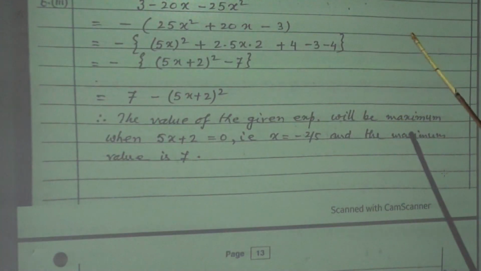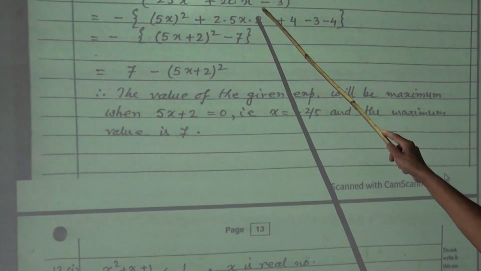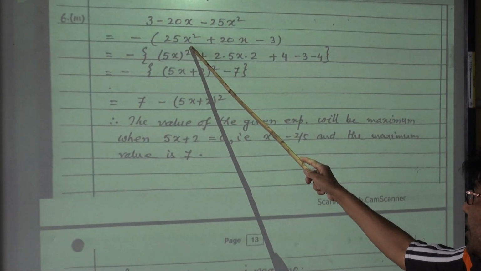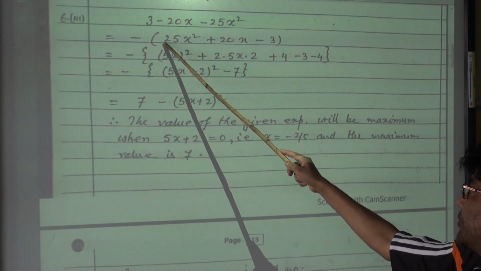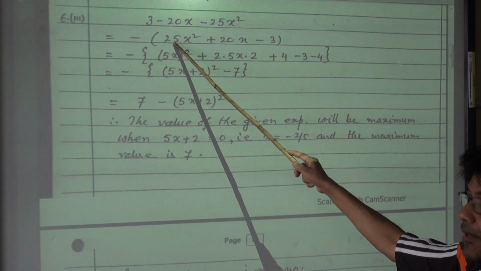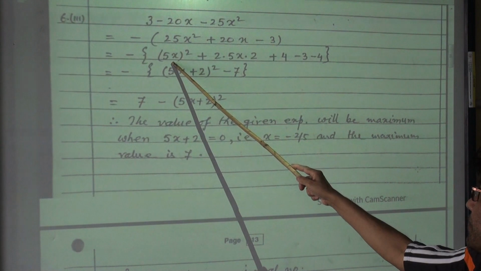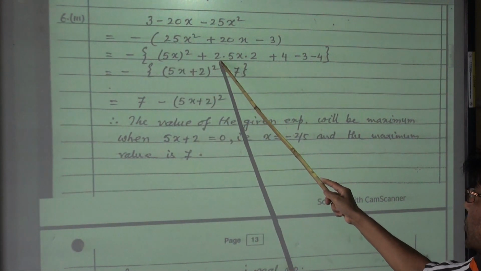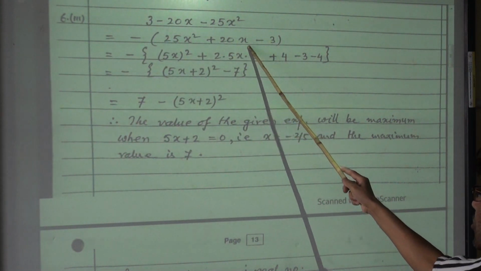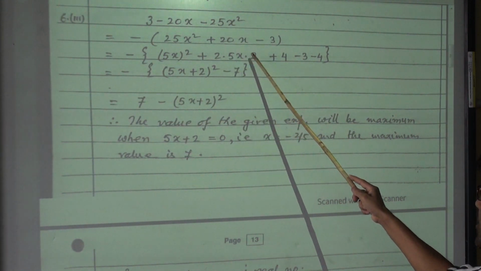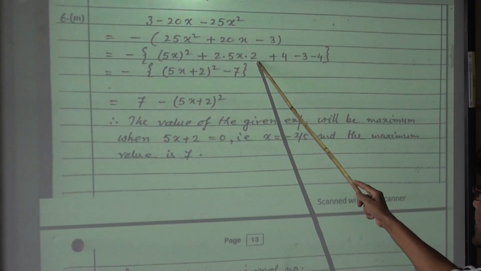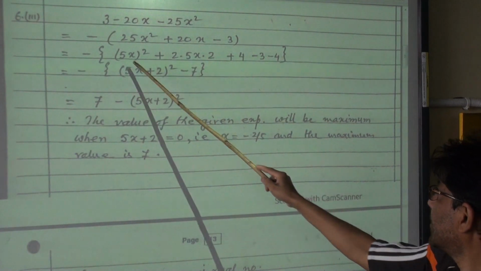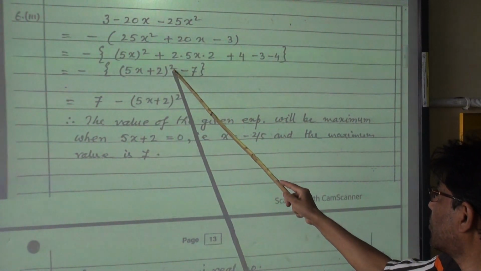In the same way, I will find the maximum value of this expression. For this expression, first of all take minus common. 25x square is here, that is 5x whole square. This is a perfect square term, so I didn't take 25 common here because it is a perfect square. So I have written that as 5x whole square. And this 20x I have written as 2 into 5x into 2, that is 2ab, because this is 5x. Check whether this is 20x or not. This is 20x, 2 into 5 into 2 is 20. And this is your b, the square of that is 4. Adding and subtracting to balance it. Minus 3 as it is. Then this and this give you 5x plus 2 whole square and minus 7.